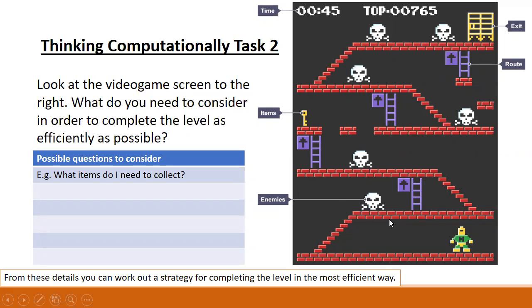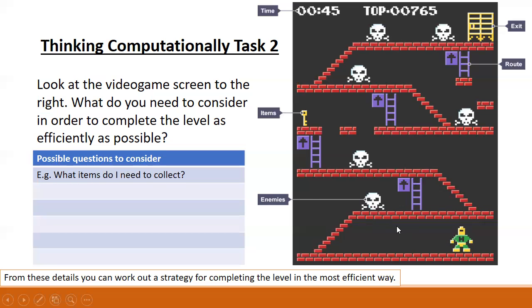All right, so it looks to me like your goal is to get to the exit. But I don't think you're going to get to the exit unless you have that key. Agree? And how do you get from here to there? Maybe you just walk up the stairs. Then you have these barriers, which have been defined as enemies. I suspect that because they have a death head symbol, they could stop you, or worse than stop you, make you leave the game. So you probably have to have some way of dealing with them.